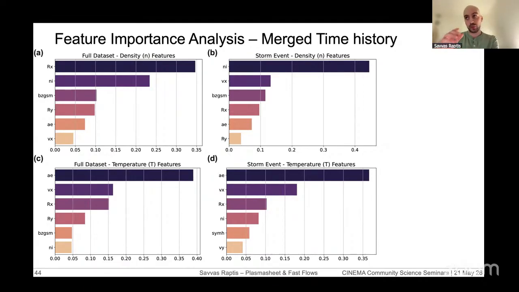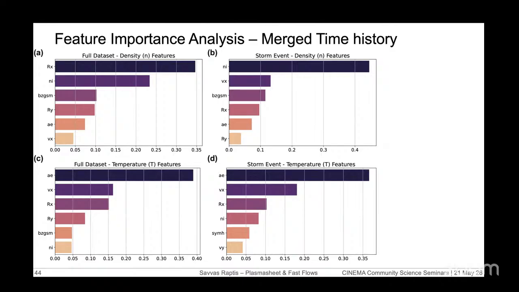Sadly, though, in terms of total performance, how accurate our deviation model on top of Tsyganenko-Mukai was versus how accurate the model that we have now is, it was very similar. So in terms of prediction, it didn't make a big difference. But it can definitely be used to get more physical information, as in which driving condition plays the most important role. Okay, thanks. And I think there's a question in the chat too.